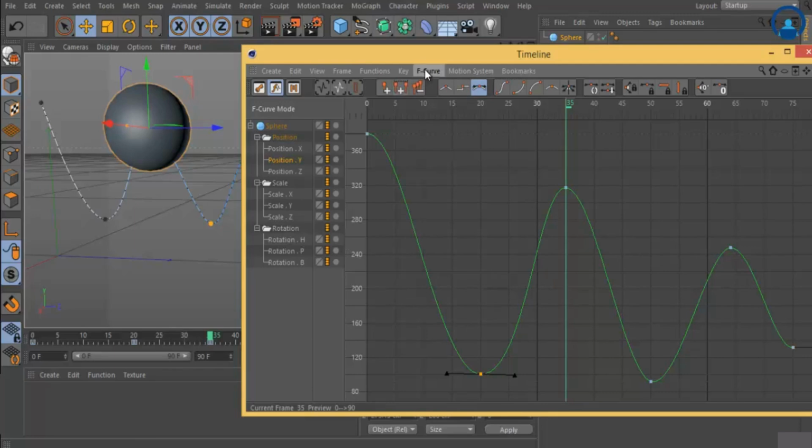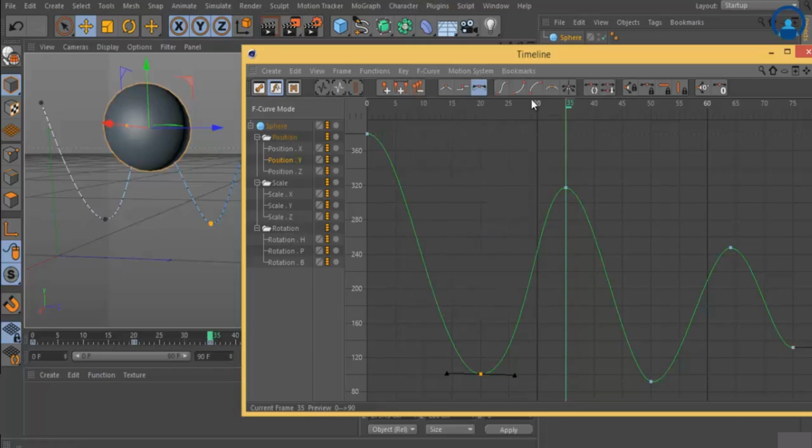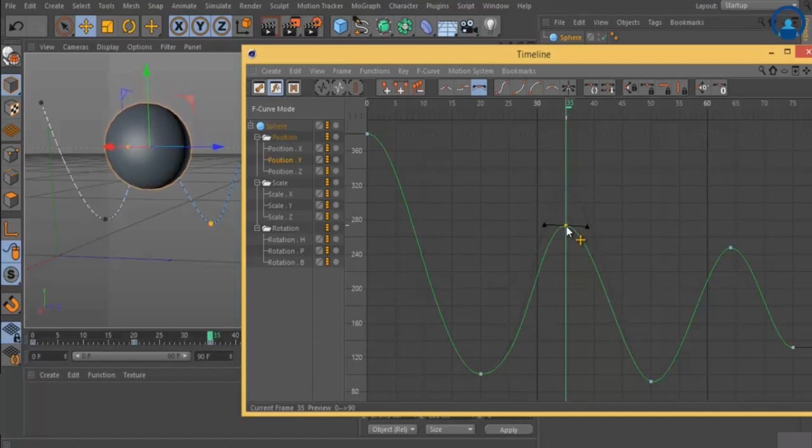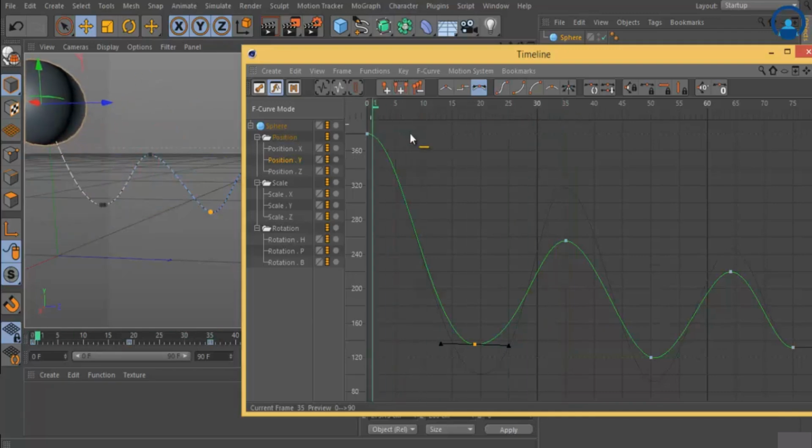To view that snapshot you can click and see I already created a snapshot over here. Now I click view snapshot and I change this point. You can see in behind of that you can see my old snapshot or old curve like this. If you think my new curve is not creating very good animation, you can jump back to the previous one.